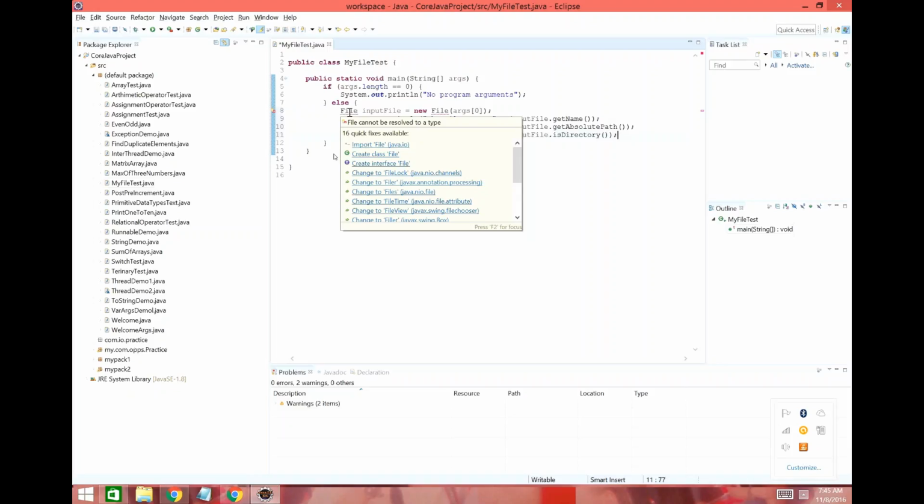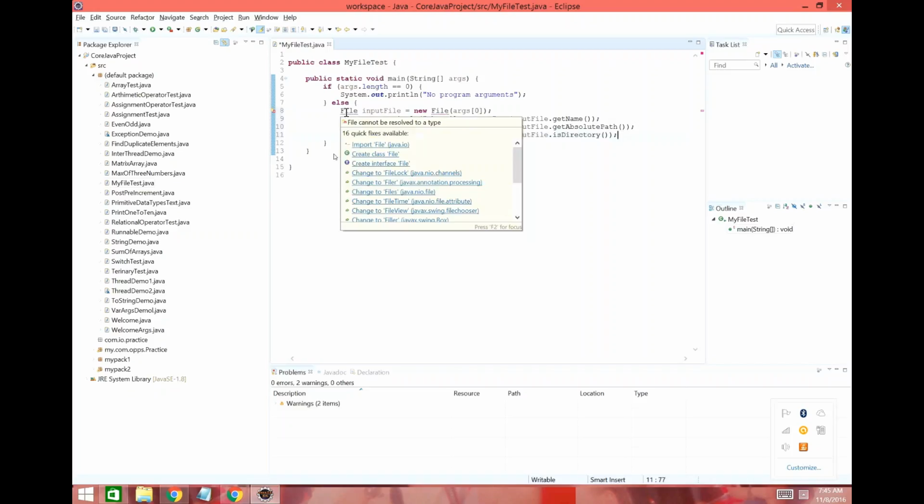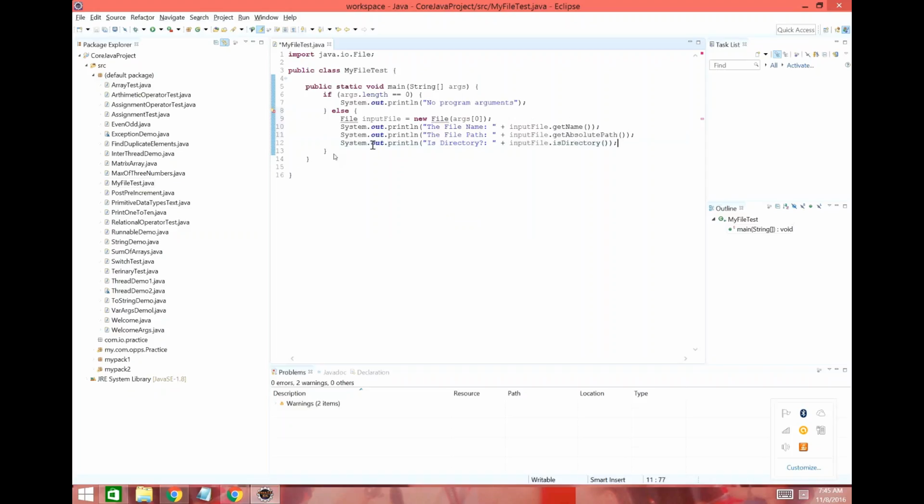Okay, you need to import it. It is from java.io package as we said. So keep the cursor there on file. Choose the very first option, import java.io.file. So you can see at the top of your class,